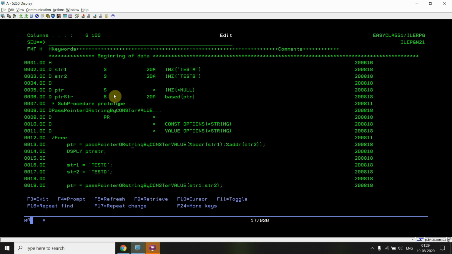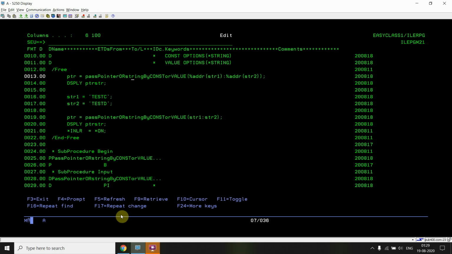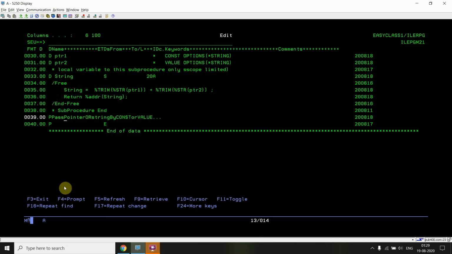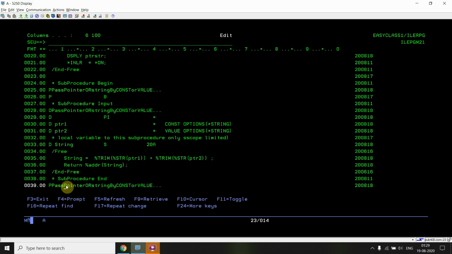Before going into that detail, let's see the procedure body. You can see this is the beginning and this is the end of the procedure, sub procedure pass pointer or string by constant value.